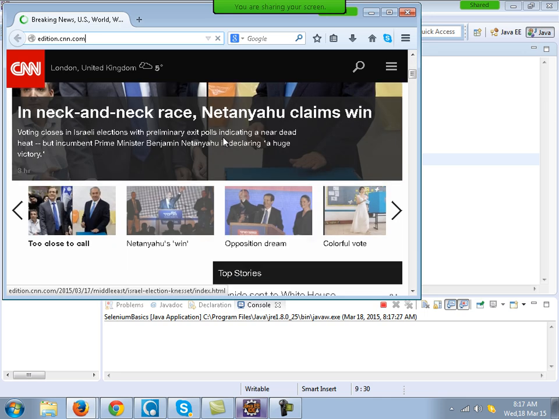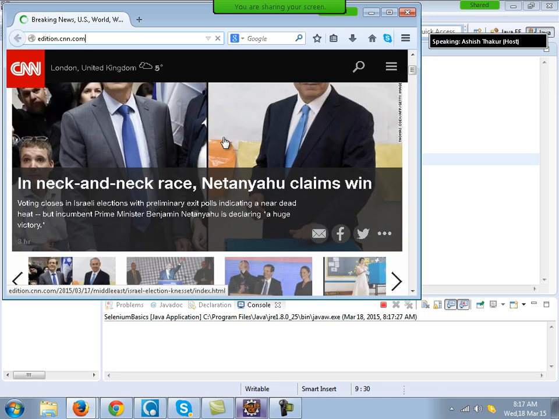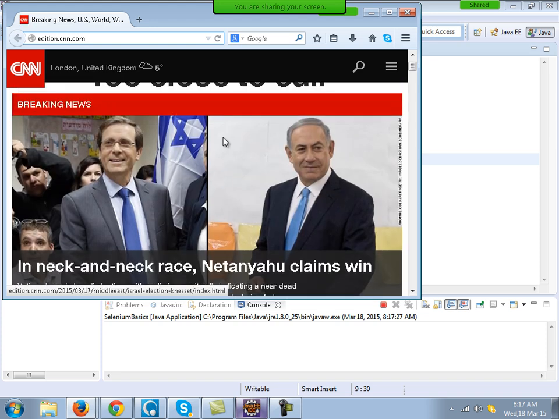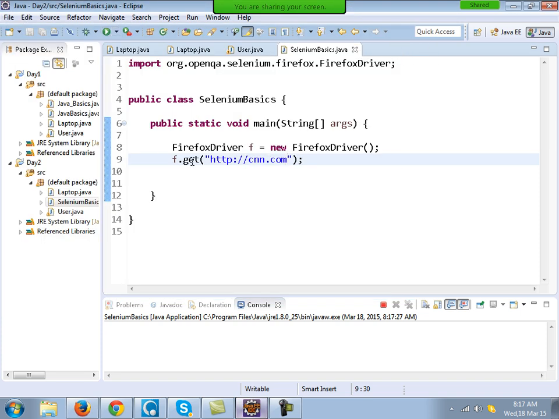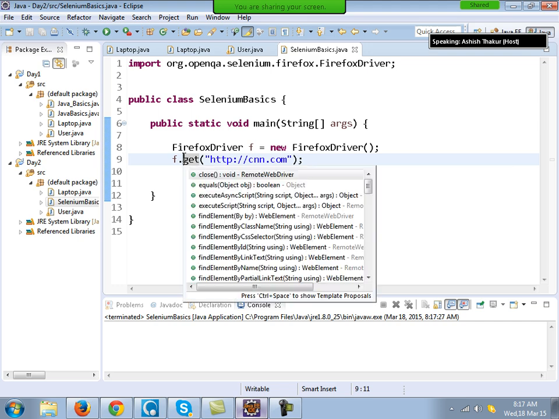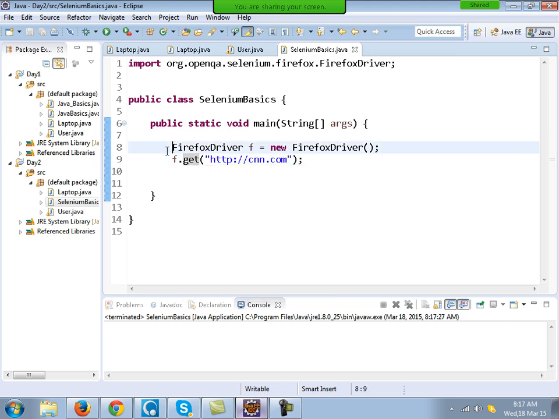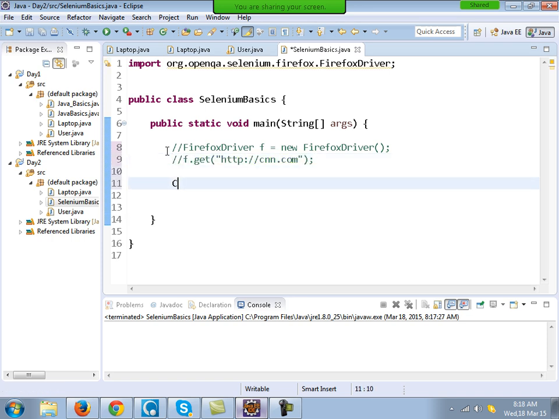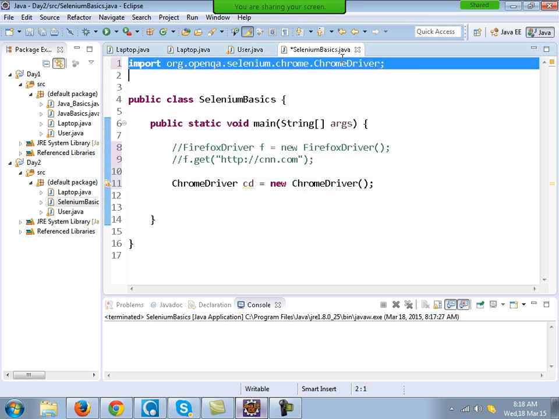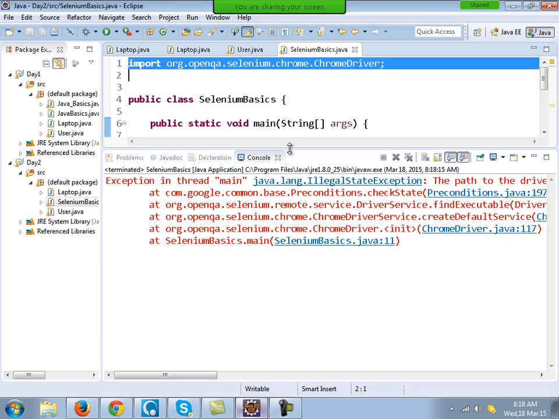So this is the cnn.com website. It's open. Similarly there are other functions as well, we will look at them. Let me talk about the other drivers right now. For Chrome, we have a driver known as Chrome driver. You create the object of this and you will expect Chrome to open up. You import the Chrome driver class as well, and when you run this, you will get an error,